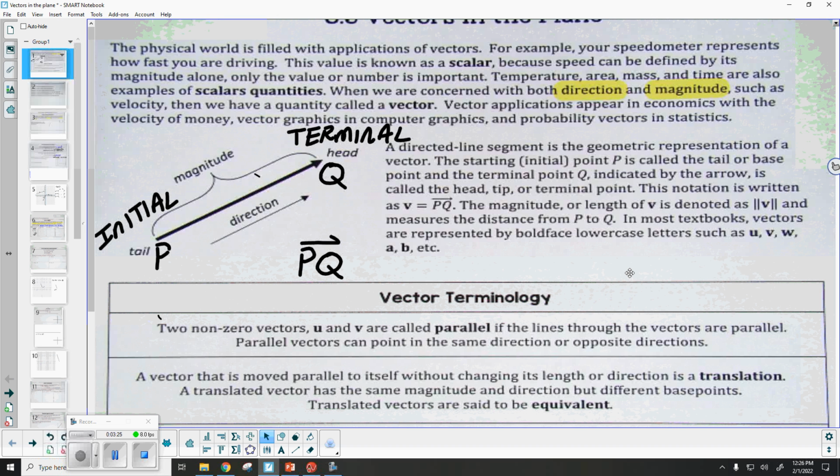Okay. Now, this notation is written as V is equal to PQ. Now, I wrote this a little larger because the copy really doesn't do it justice here. You'll notice it looks like an arrow is written above the 2 endpoints, but it's only half of an arrow. See, we don't want to confuse anybody by making them think that we're referring to something else. Think back to the good old days of geometry. What if I had an arrow above these points here? That's a ray. There you go. See, a ray starts at one point and goes forever in one direction. So that's not what we're talking about. So that's why we have this notation here, when we only have half the arrow.